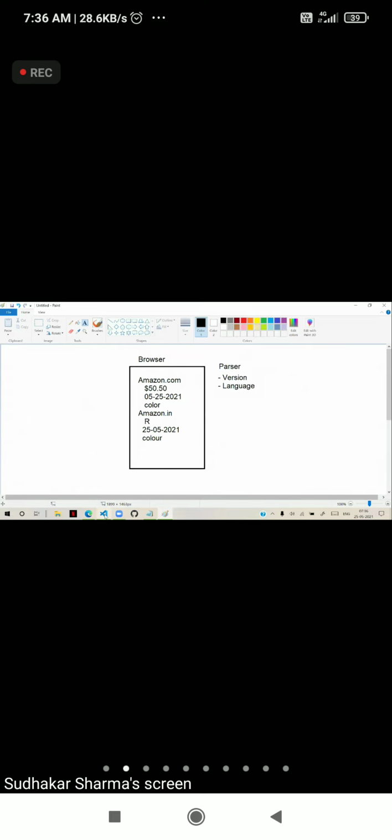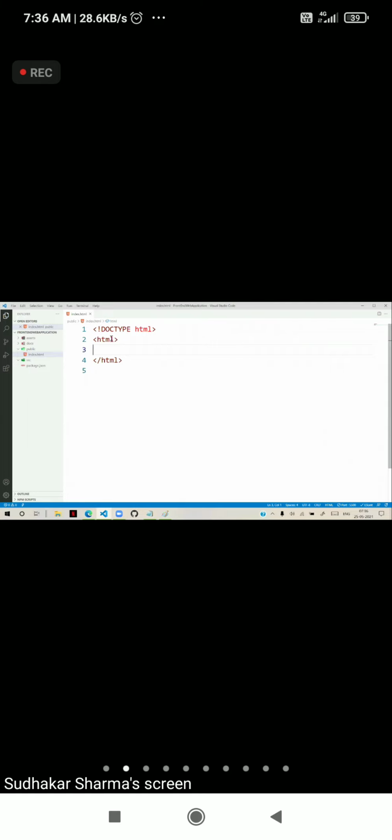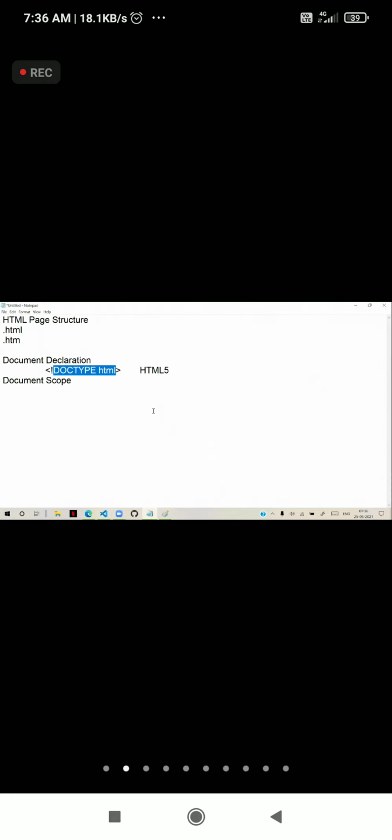How to tell the browser? The lang is an attribute here. An attribute is nothing but an additional property to mention more about that particular tag. Remember, when you are learning HTML, there is a confusion. People sometimes say attribute, sometimes say property.